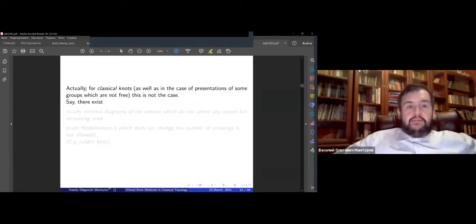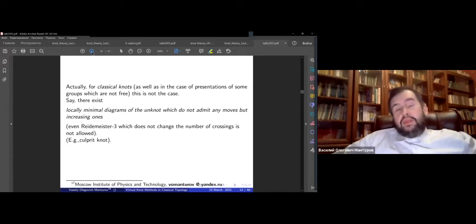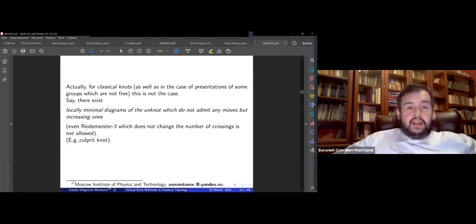Well, unfortunately, for classical knots we don't have an immediate parity. That's why we have some things like culprit knots, and that's why we have to seek some further ways of drawing classical knots, or maybe drawing them on the cylinder as we are doing now with Kim Song-John and Kim Sera, or maybe doing some other things.